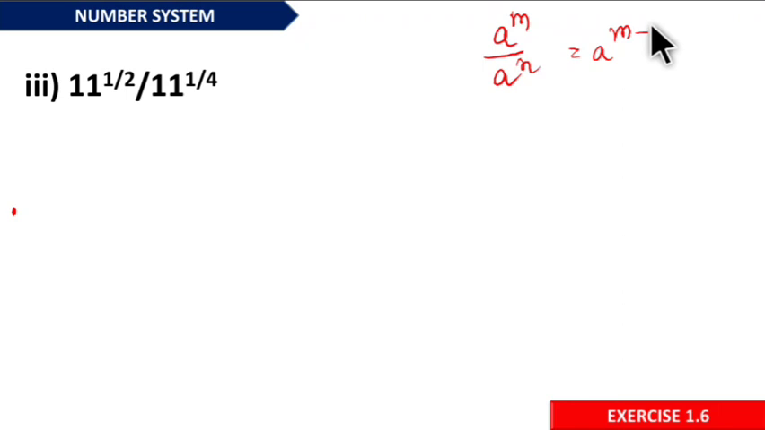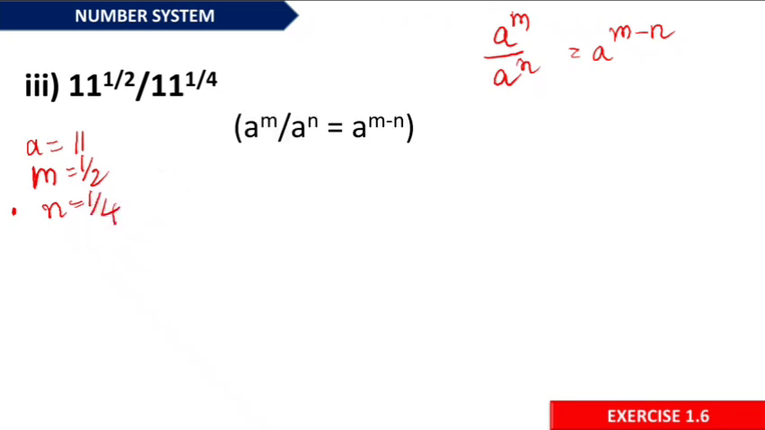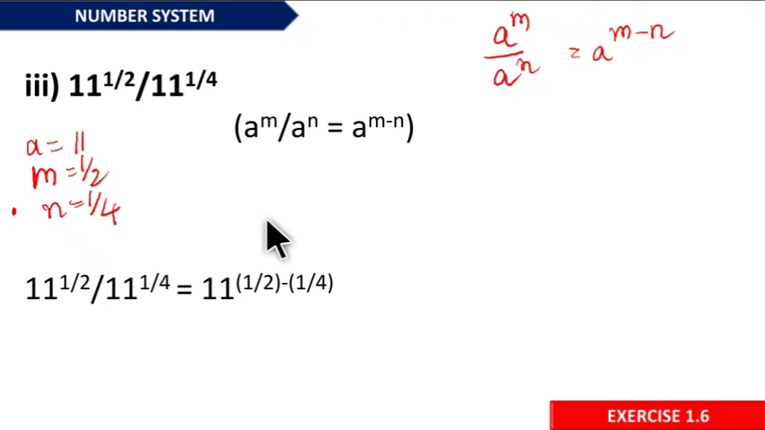a to the power m divided by a to the power n is a to the power m minus n. Here, in the place of a, what is there? In the place of a we have 11, in the place of m we have half, and in the place of n we have 1 by 4, right? So using which law of exponent can we solve this? That is a to the power m divided by a to the power n, that is a to the power m minus n. So we can write here